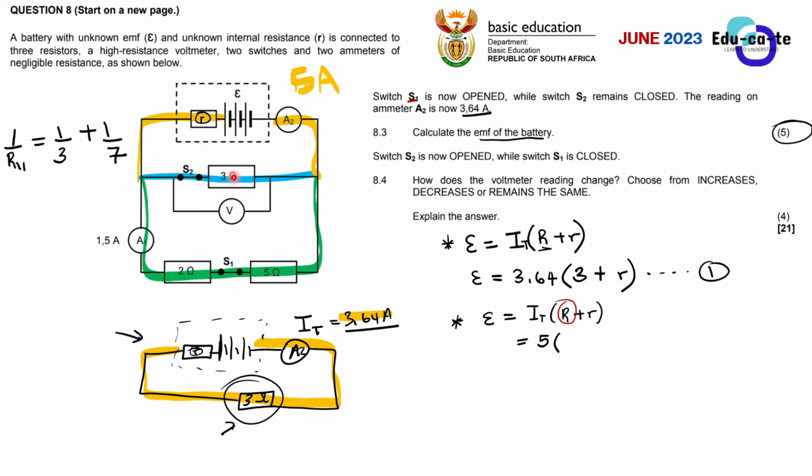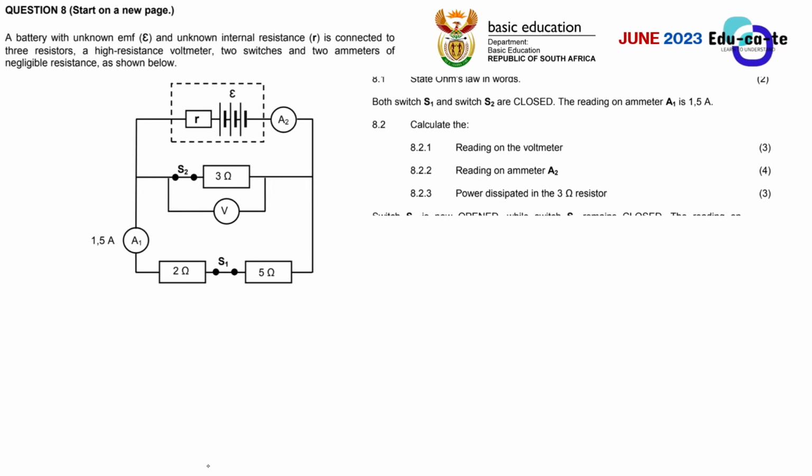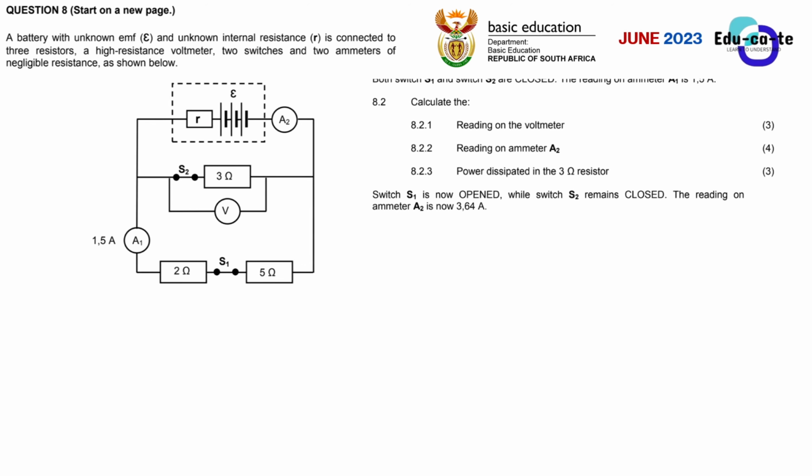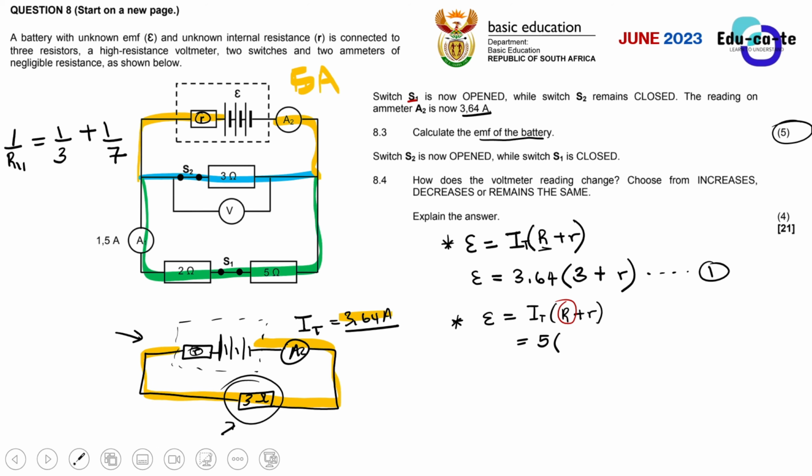I say here, this 3 ohms is parallel to this entire combination. When you combine 2 ohms and 5 ohms, that's 7 ohms, an effective resistor. So this 3 ohms is parallel to the effective resistor, the one that I've drawn in the previous circuit. Here I'm trying to calculate the total external resistance of the circuit. So this is 1 over 3 plus 1 over 7, and that is going to give you 1 over R parallel.